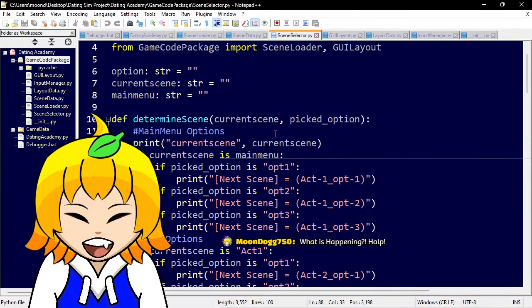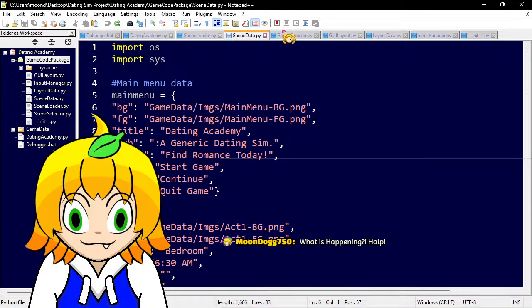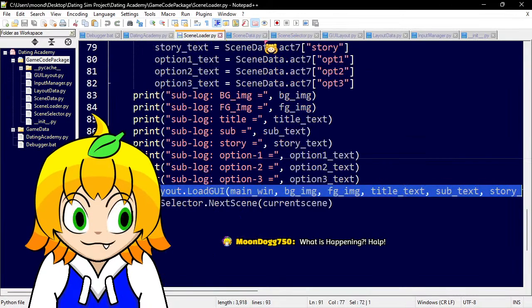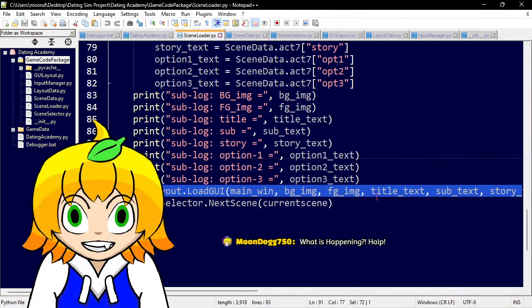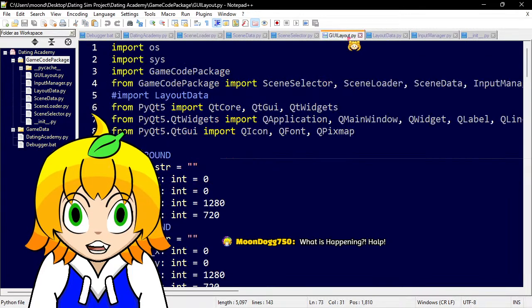Should we do the scene selector first? I don't know. Maybe that's where I'm goofing up. Anyway, we got the data. This data that we pulled back from the data folder, the data we pulled from the scene data, is pushed into the GUI layout.